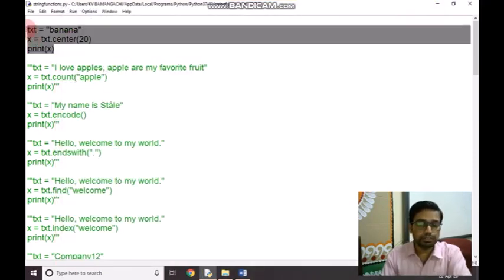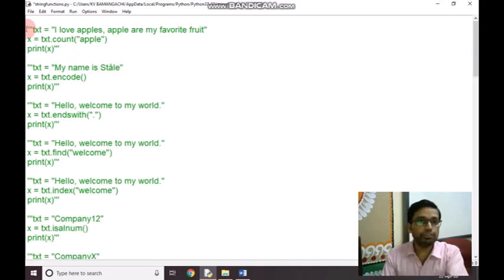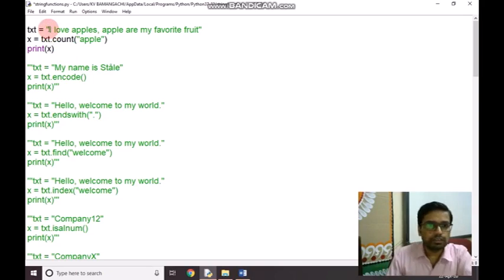Next function is the count function. It returns the number of times a specified value occurs in a string. So we have given a string: I love apples. Apple are my favorite fruit. And in the next line we have given the code x equal to txt.count apple.